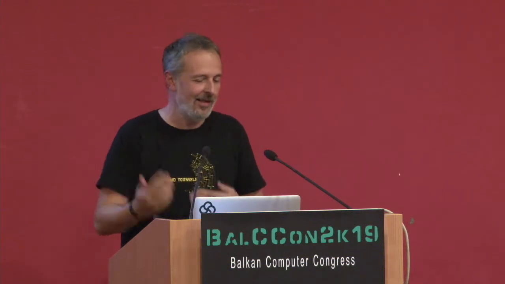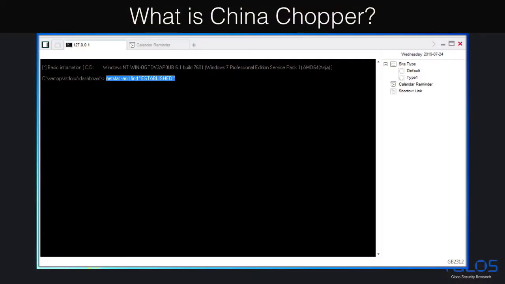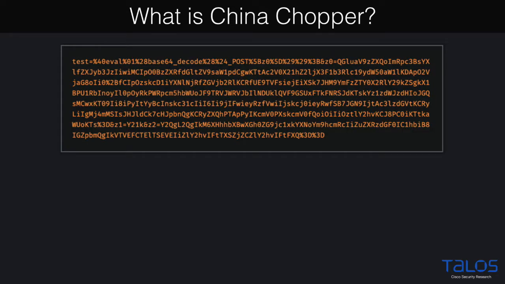So you can really make a nice regular expression pattern to detect China Chopper activities, which allowed us to find many organizations that have been compromised, starting from some of the simpler ones to quite government agencies. For example, some of the Asian governments have been compromised with China Chopper. So here we see, on the server side, we only had that one line of PHP code, which essentially